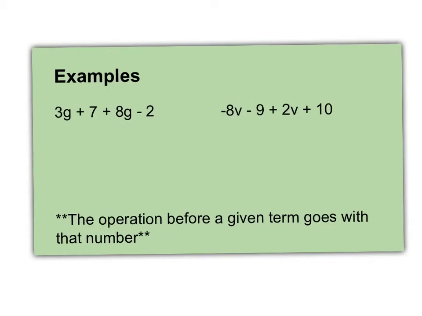Now let's look at a couple examples. Remember here at the bottom it says the operation before a given term goes with that number. Meaning if we look at the first example, 3g plus 7 plus 8g minus 2, where it says minus 2, that's really a negative 2. So how do we show that? We do add the opposite, so we can see that it's a negative 2. Now we can do like terms, and I always recommend you use some shapes to show what matches. So 3g matches 8g, and 7, because it's a constant, matches the negative 2, and make sure you include the negative when you're putting a square around it, or any shape. Now because they have the same shapes, I know which ones need to be added, and everything is addition in the problem. So first I'm going to do the 3g plus 8g, and that gives me